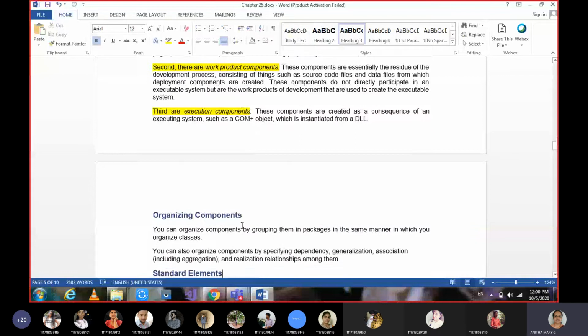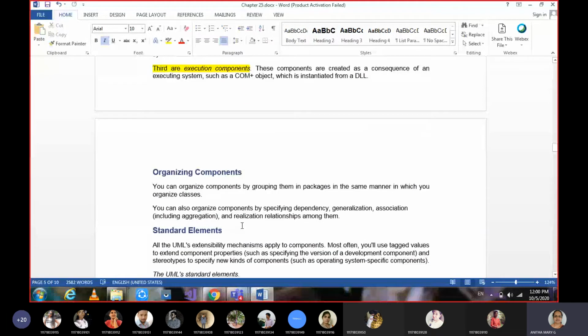And then, organizing components. Among the many basic building blocks we have studied, we learnt about organizing classes and organizing use cases. Similarly, we have organizing components.